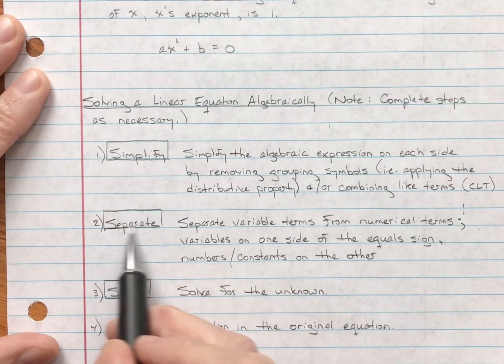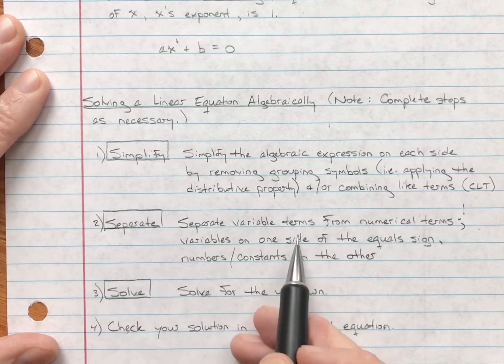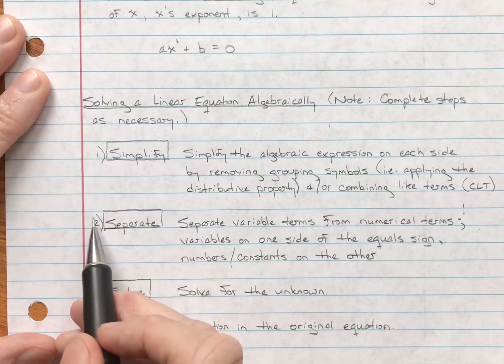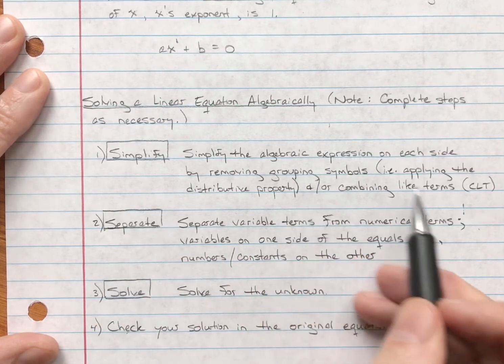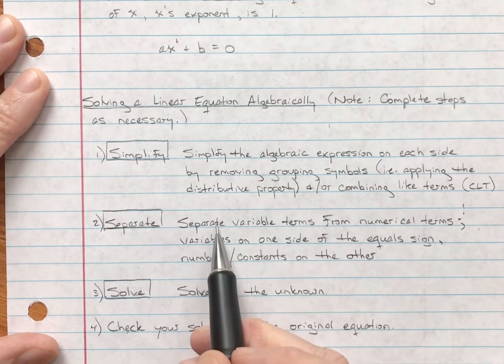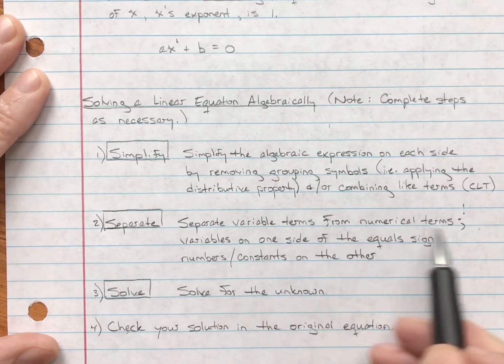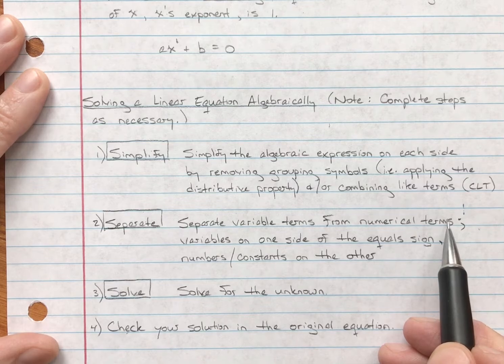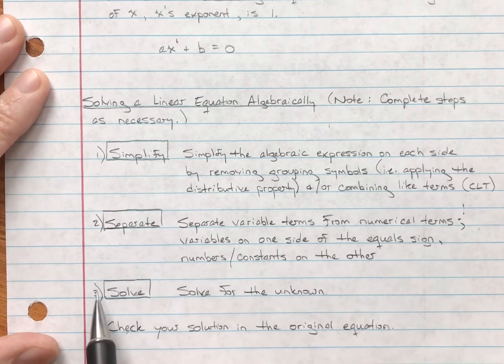Step 2, we're going to separate. We want our variable terms on one side and our numerical terms on the other side of the equal sign. We want to keep our variable terms separated from our numerical terms. And then finally, step 3